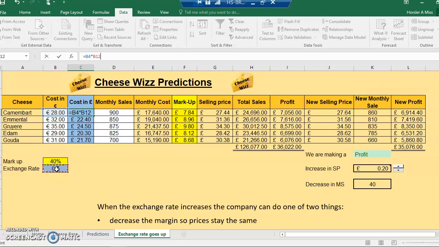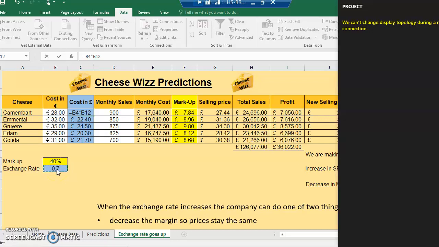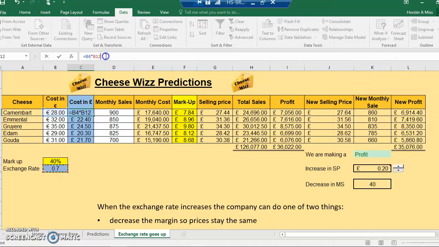And remember, if we push F4, my computer doesn't do F4 very nicely. Sorry. Right, F4 so that we put the absolute values on, and then we can drag that down. You'll see I made it blue so you can see, you don't have to change the colors. And then you're going to take the 40% and you're going to go here where it says the formula,